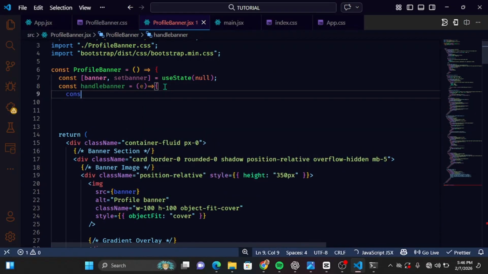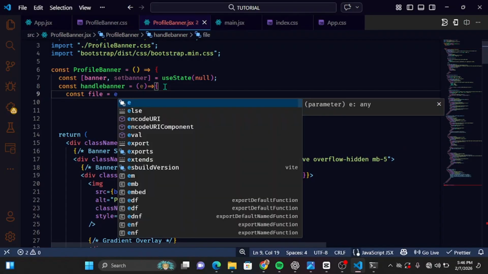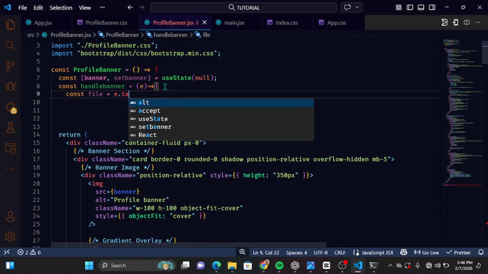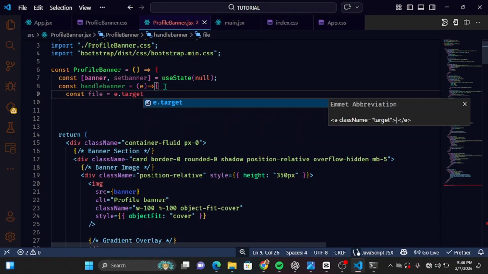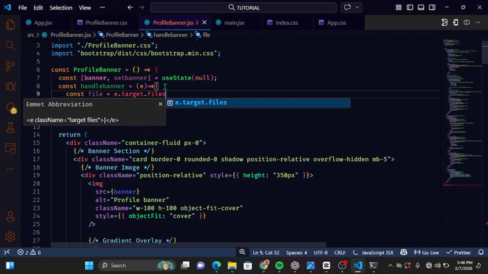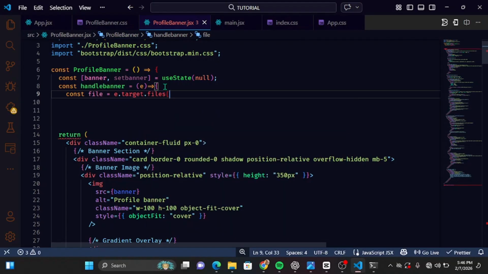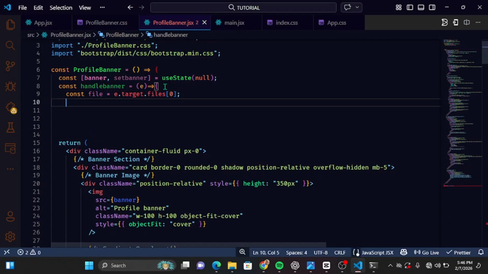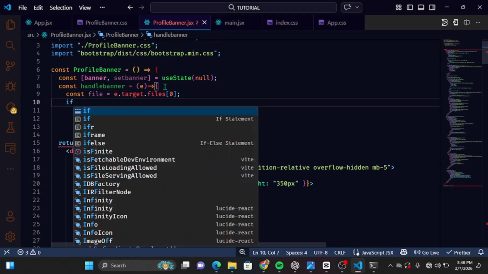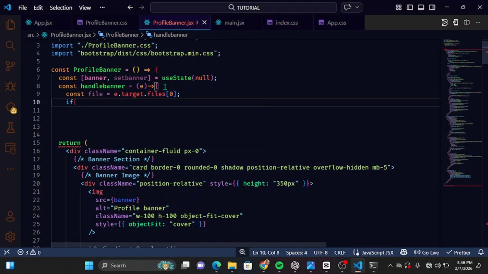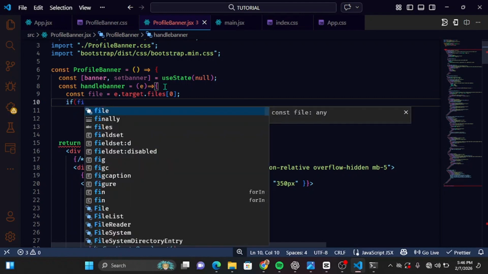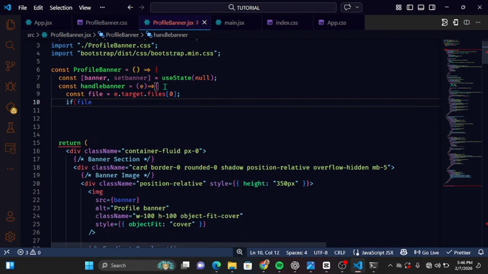We say const file equals to e.target.files[0]. We say if file exists,